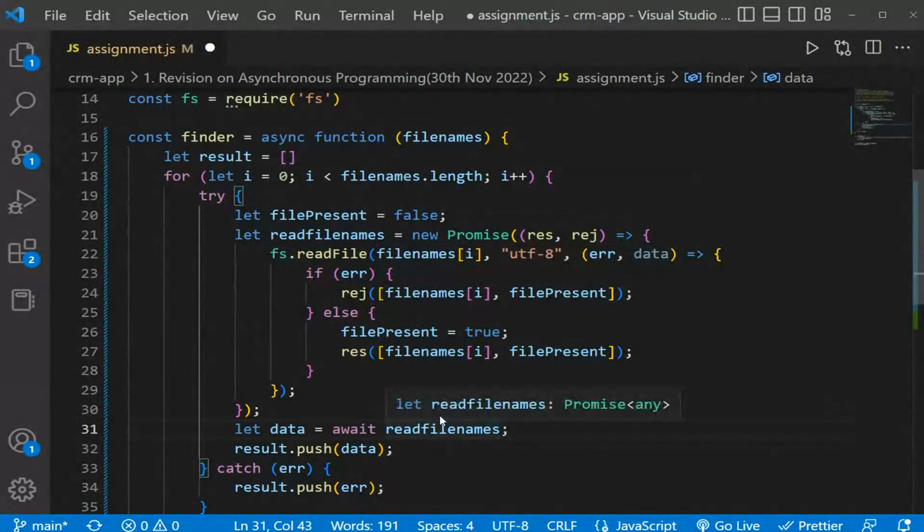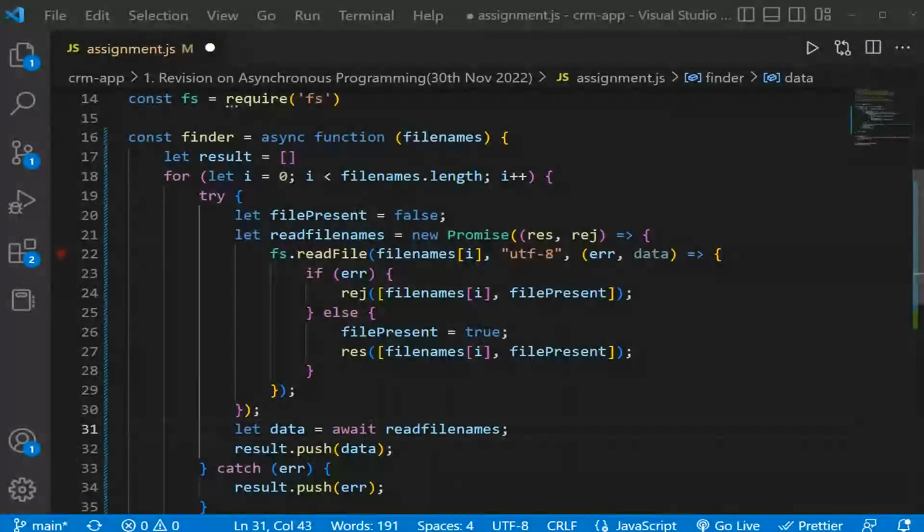Data read promise. Just give me 1 second. I think I can do it. If you give me 1 second to revise the async await, I should be able to do it.